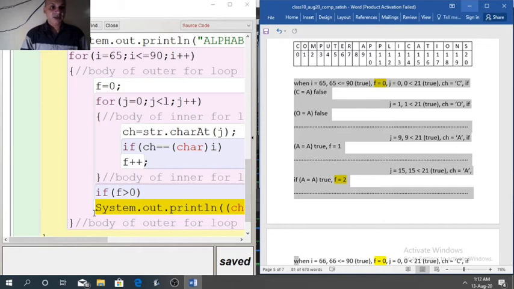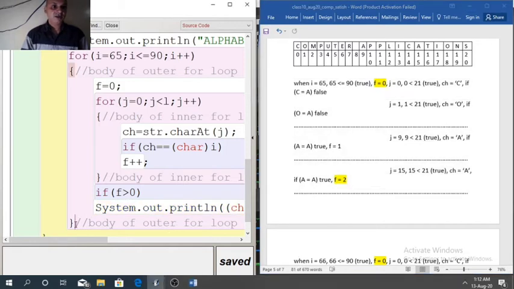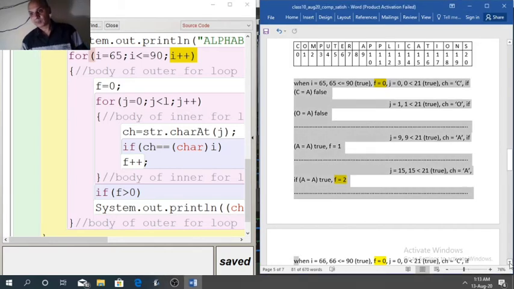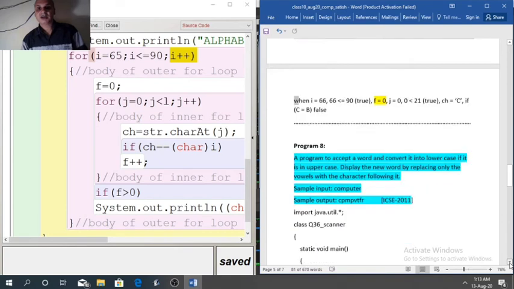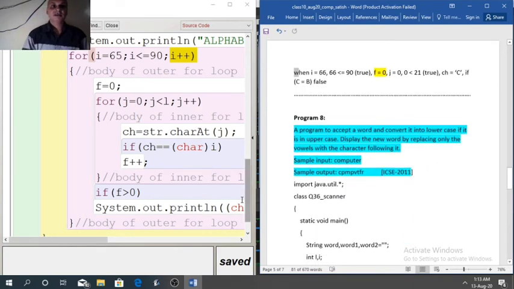Now after printing the frequency of a, the body of outer loop will be over. Then I will update here. I will become 66. So when I is 66, it means capital B we have to search. So same process will repeat again.